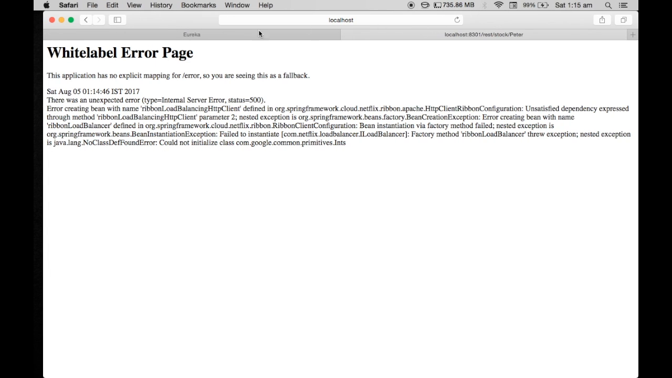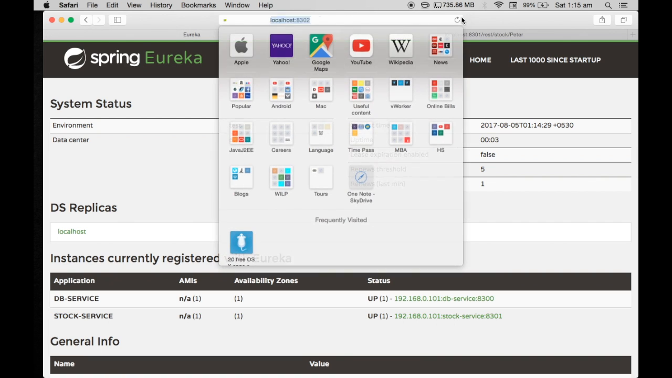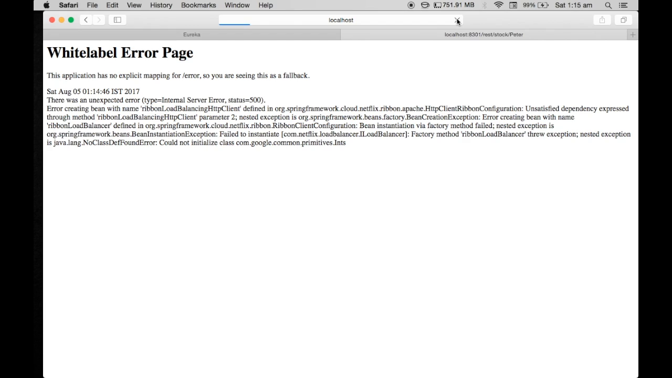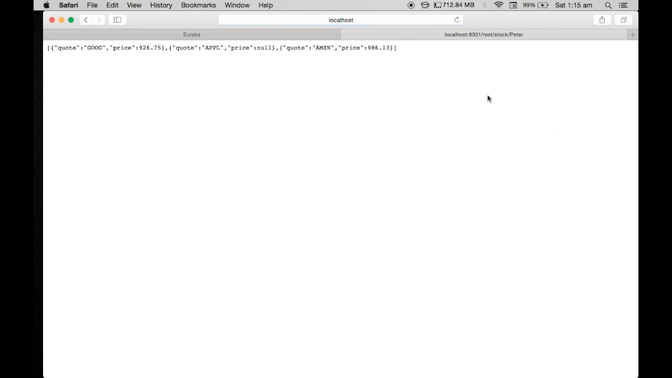So let's go and check in the Eureka server if the stock service is still showing up. Yeah, it's showing up. Now we can hit the REST endpoint. This is going to hit the DB service and retrieve the stock information for Peter. So it is going to go to the DB service. Yeah, it's working. If you notice here,